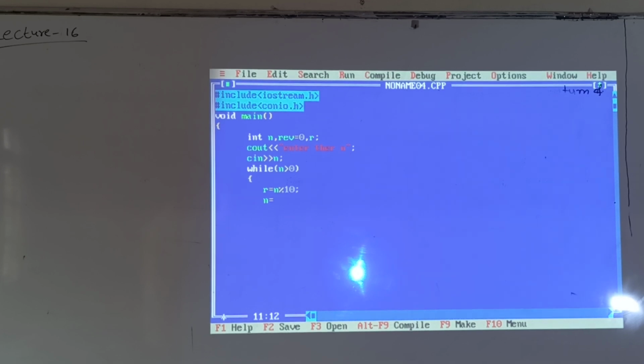Next, n is equal to n divided by 10. Reverse is equal to reverse into 10 plus r.